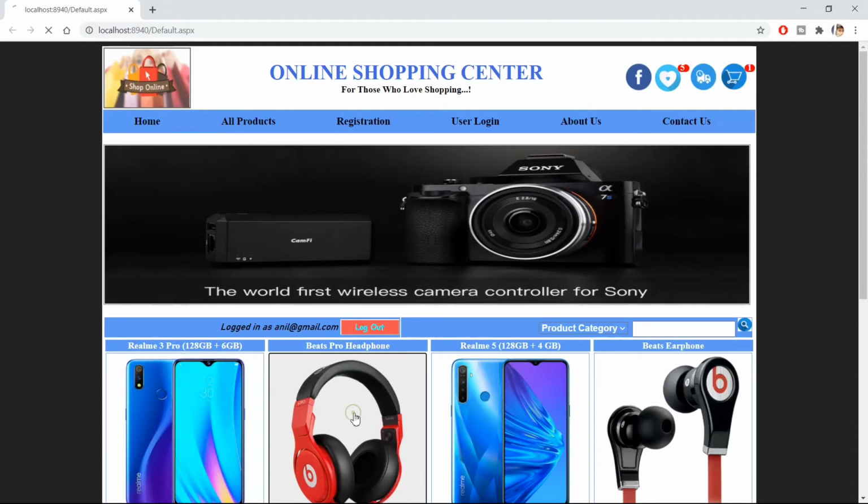Click on the image. Again it's not displaying anything here.